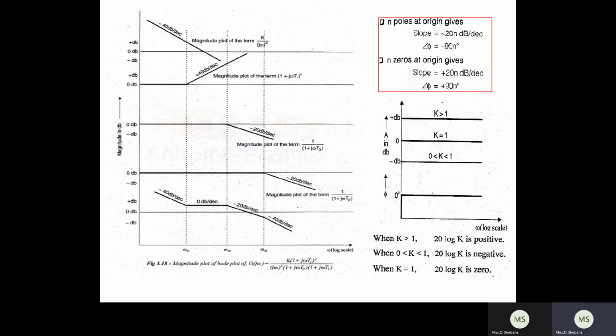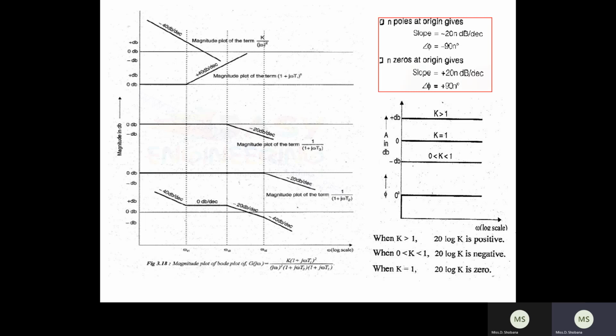Then you can go for the second term, (1 plus j omega T) the whole squared, in the numerator. Here you can see plus 40. There are double zeros at the origin, therefore the slope is drawn in the increasing manner with plus 40. Then we have the next term, 1 divided by (1 plus j omega T2). Here j omega is in the denominator and the power is only 1, therefore minus 20. That is a pole, therefore the slope is decreasing at minus 20. And then 1 divided by (j omega T2) is also minus 20, decreasing.